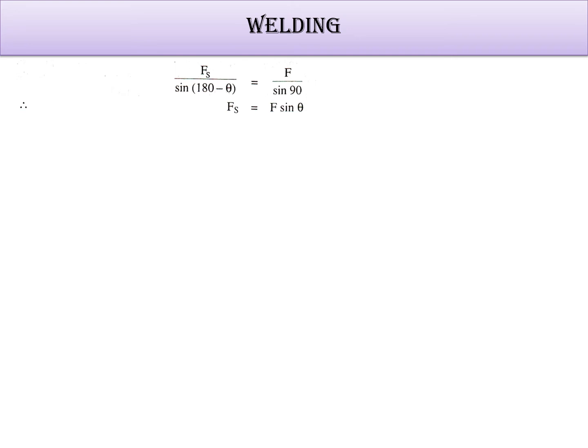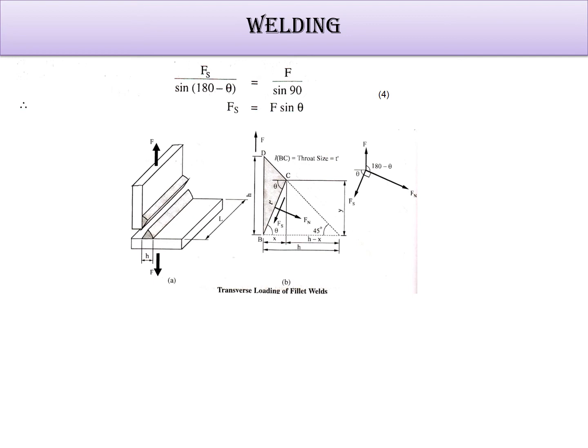So here the shear force is what? Fs upon sin of (180 minus theta), which is equal to F upon sin of theta. So Fs is equal to F sin of theta. Based on this is the diagram here. So here force is there, here force is there, this is the h, thickness of weld, and by solving these terms, okay, you can see this 180 minus theta which is put it here. By solving this term you can use this.